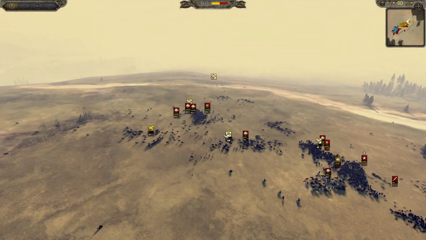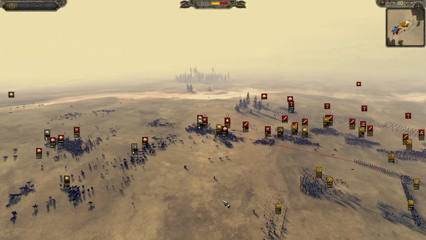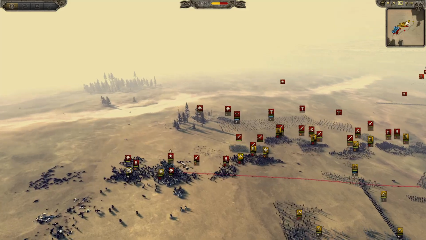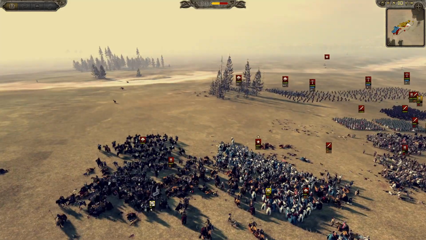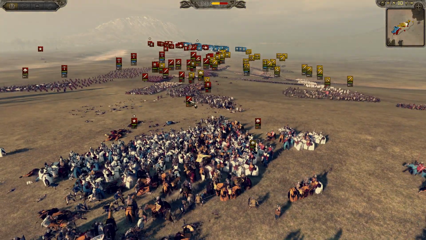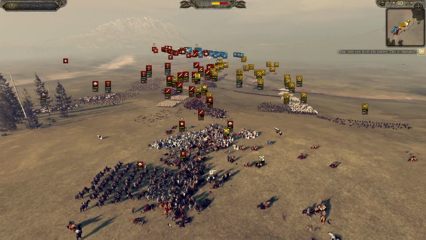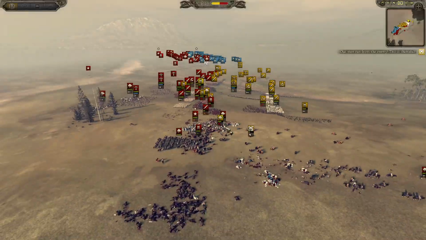And this flank is not looking good over here. A lot of cav now starting to wheel around. That's doing all sorts of problems there. General over here engaged. Still, by the way, they could have pulled him out for sure. There's swords in here. You can see shock infantry and spears get shifted over. They need to try and block this.